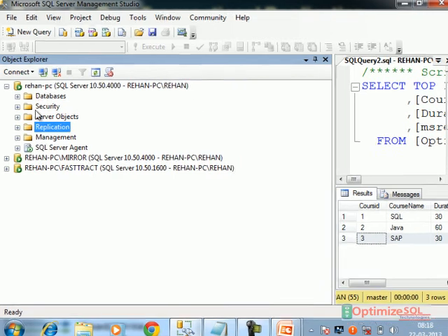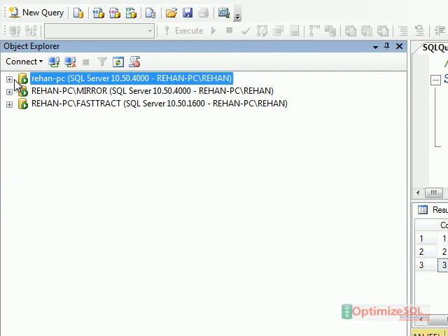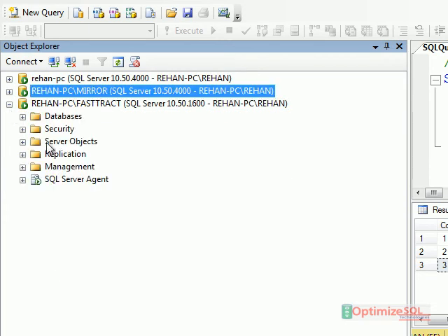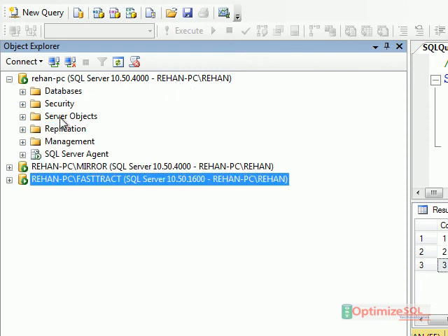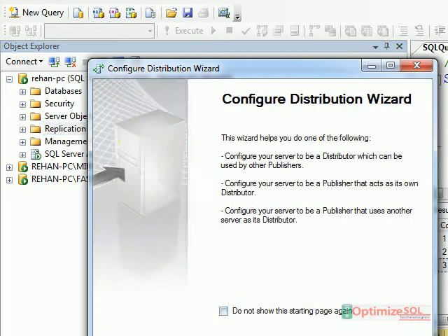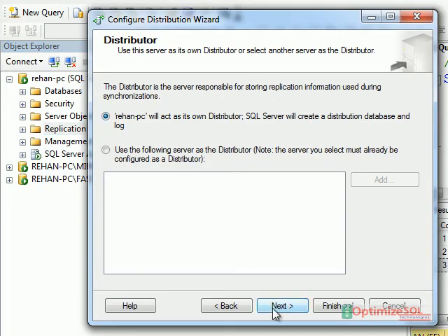Now see here, what I will do, I will configure here all these 3 fresh instances. Observe here. Now I will configure the same server as a publisher as well as distributor here. I am configuring peer-to-peer topology here. Configure distribution. Next. The same server should act as a distributor.